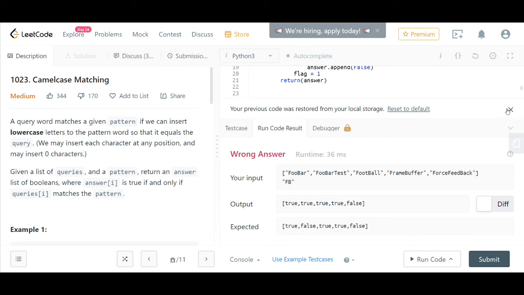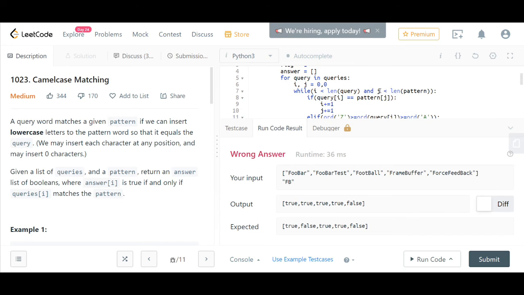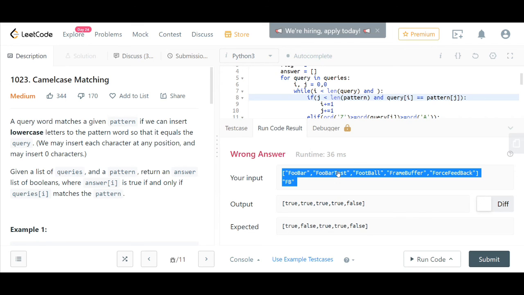So yeah, I got it. Why has this failed? Actually, we have to check in this condition, right? Because even after we reach this end, we should not see any other additional uppercase alphabets, right?